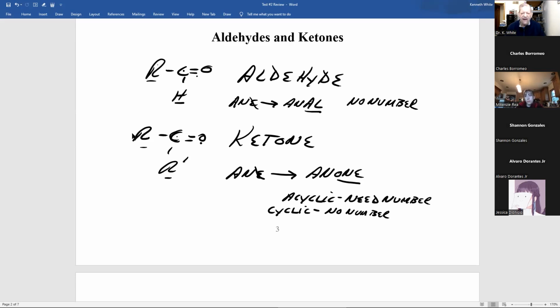Now, how do you name an aldehyde? Find the longest chain, and this is called the carbonyl carbon, which you'll see in a second, and name it as an alkane. Drop the E, add AL. Remember, alcohol, OL ending, aldehyde, AL. On your test, when you print these, make sure I'm not guessing. Is that an A or an O? Because I might guess wrong. But anyways, this is called the carbonyl carbon.